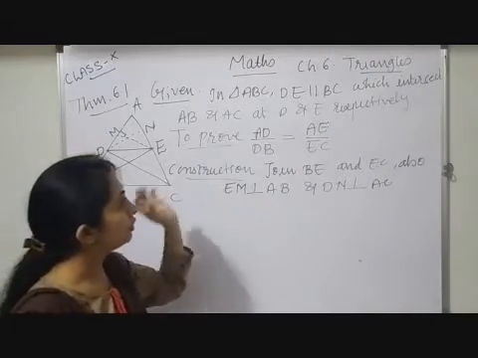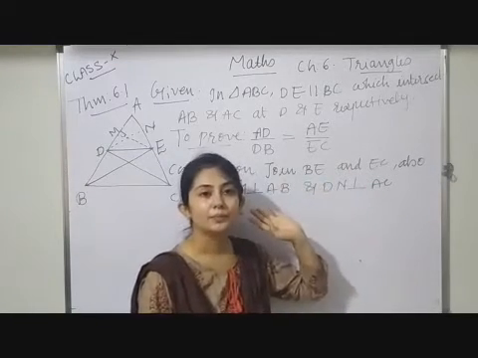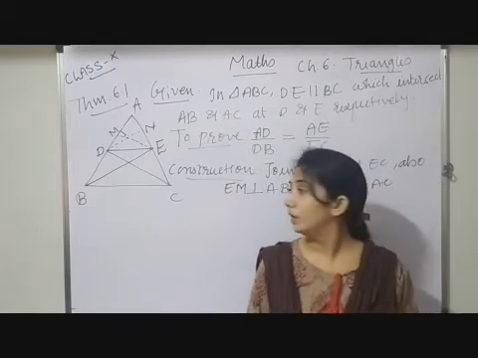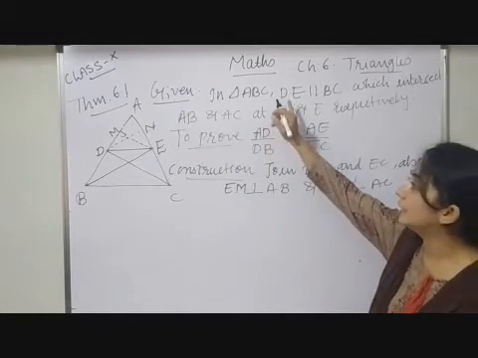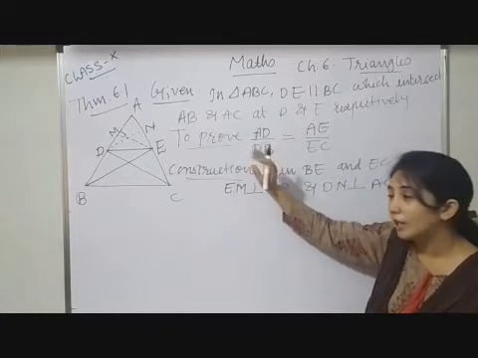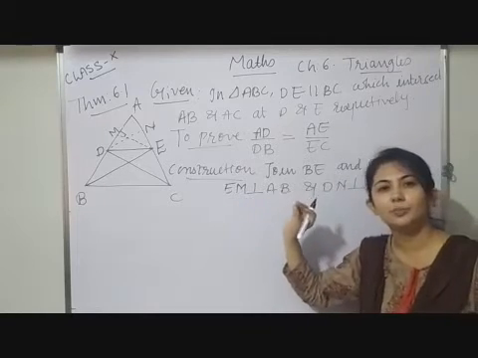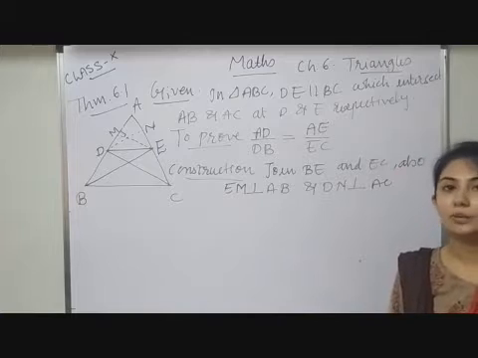This question is of 4 marks. If you write down till here, even if you do not know how to prove it, based on the question you can draw a figure. Based on the question you can write down the given, what you have to prove, and something that you can understand. Based on that, if you do some construction, you can easily get 1.5 marks out of 4.